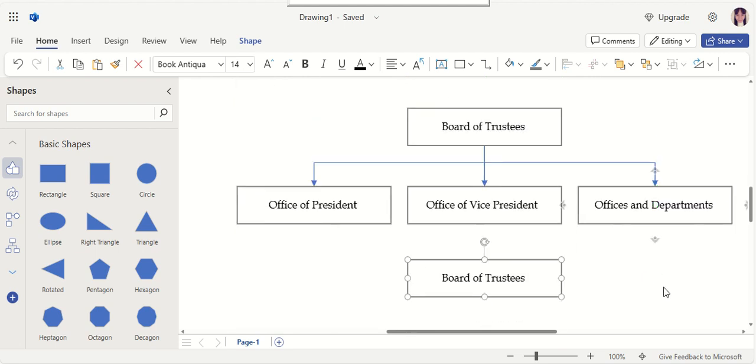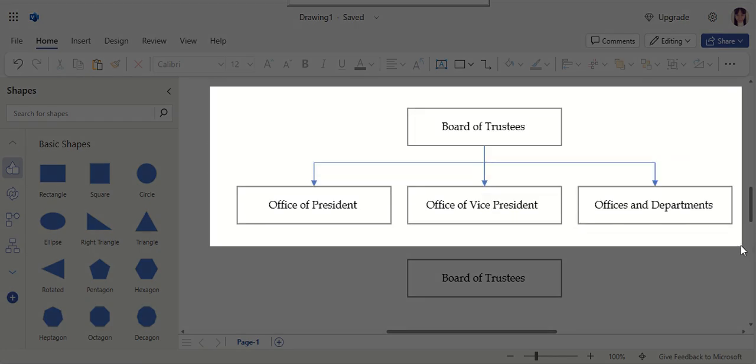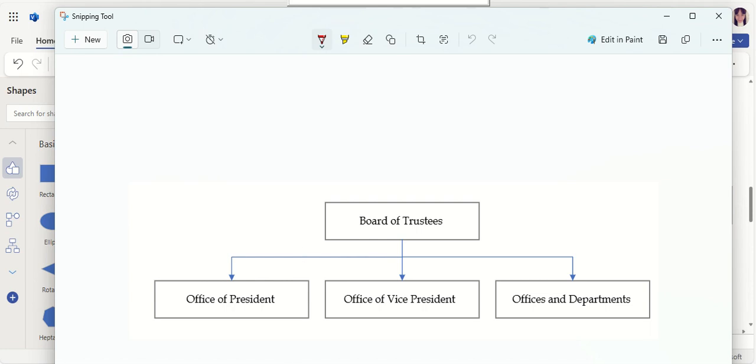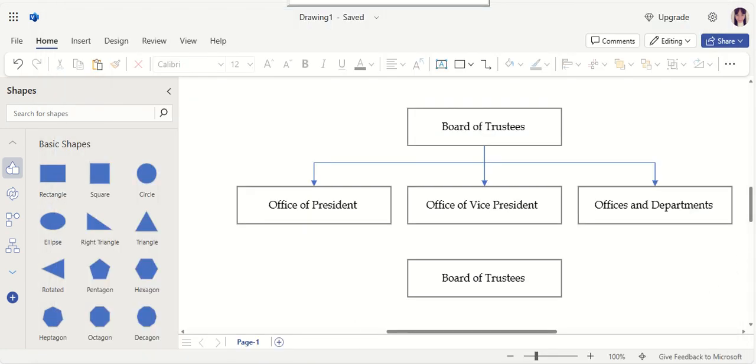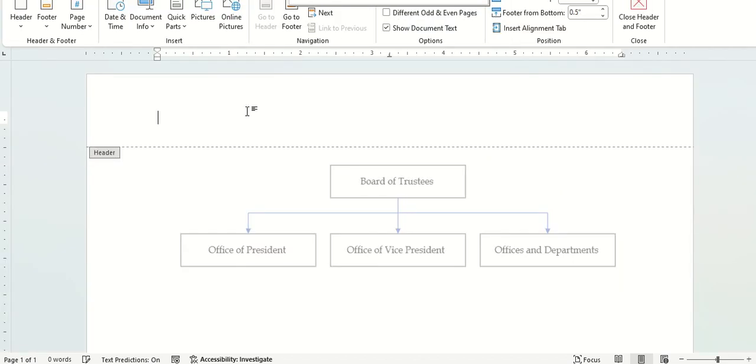I usually screenshot every time I finish building. So I will just go there, and my first organization chart page is my whole big picture of our organization. I'm gonna just open my Word document. Of course, you can put your name here because you're the one who built it. And then you put the title of that assignment: MCC organization chart,